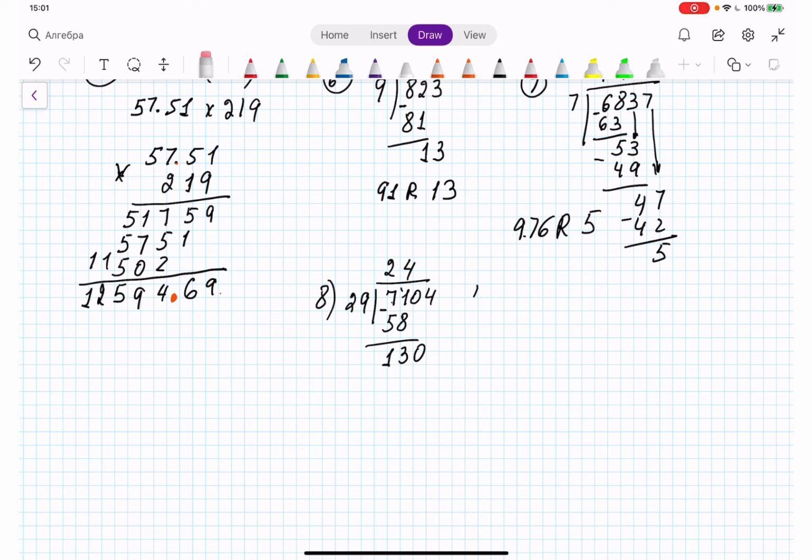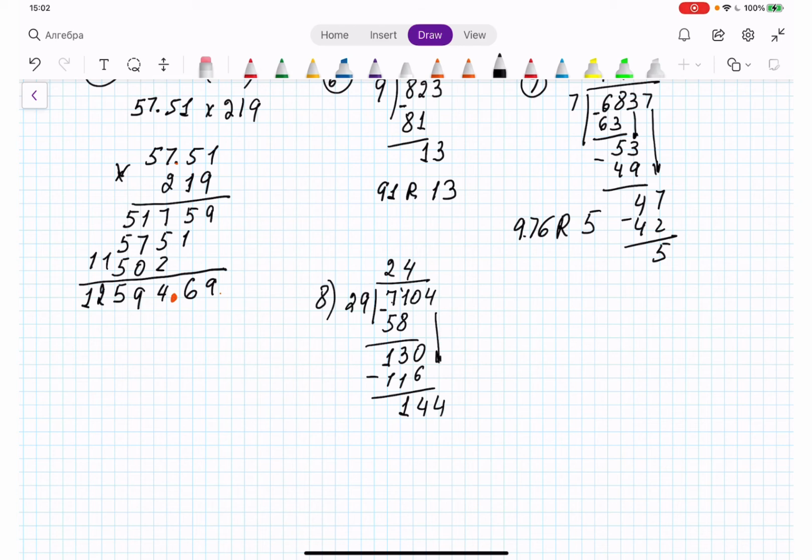Don't be afraid to make mistakes. You can identify that you didn't take enough based on the remainder. 4 times 9 is 36, 3 in mind. 4 times 2 is 8, and 3 is going to be 11. Now if we subtract, 10 minus 6 is 4. So here will be left 2. 2 minus 1 is 1. So 14 is less than 29. So I did it correctly. So bringing down this 4,